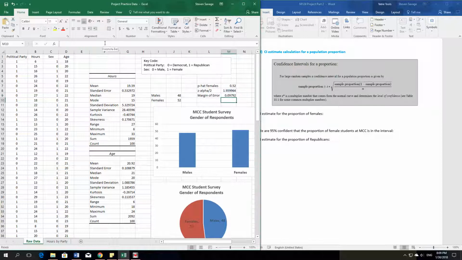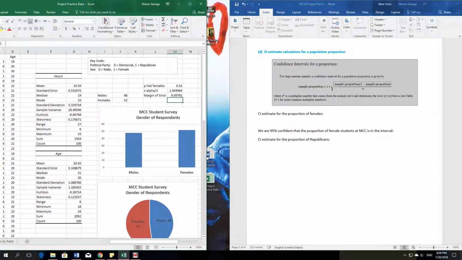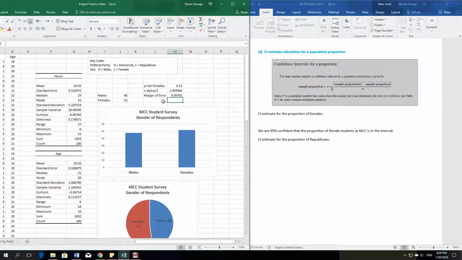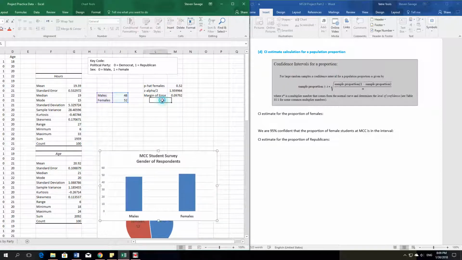So if I hit enter, the margin of error here is pretty small. It's less than 0.1. So pretty small. Okay, so now that I have the margin of error, I can calculate the confidence interval estimate. I need the lower bound and the upper bound. So I will identify those. In fact, I think I'll move this. So I'll have the lower bound and the upper bound